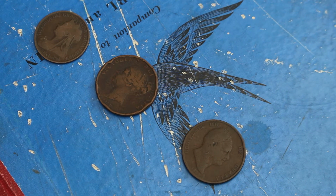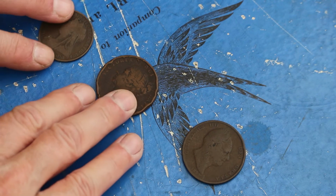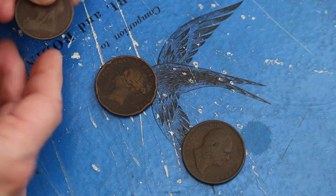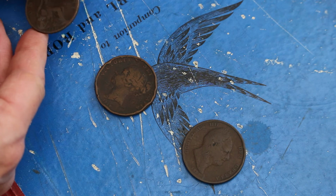So I've sorted out some coins, and I've put them into some sort of order, but it may get a bit random as I go through. We're going to look at different denominations from the past that I've got in this collection, and just some history behind them perhaps. So let's start off with what I think are some pennies. Queen Victoria penny here, and this is